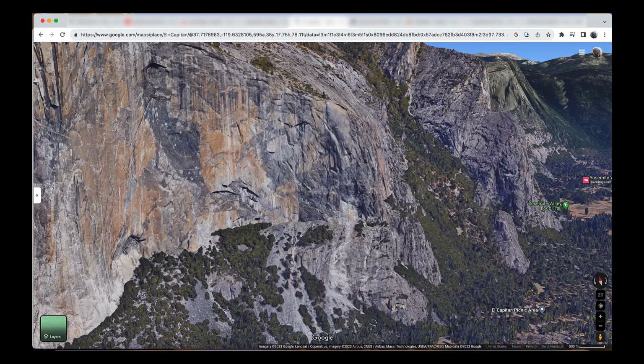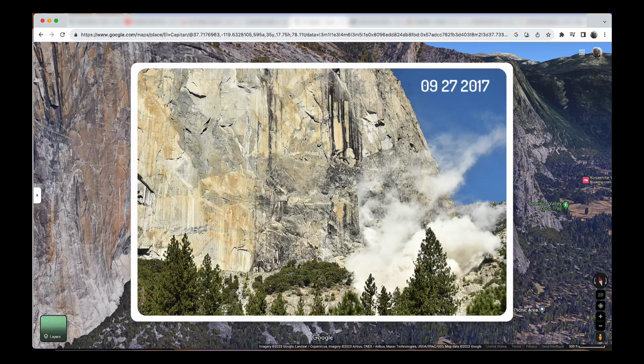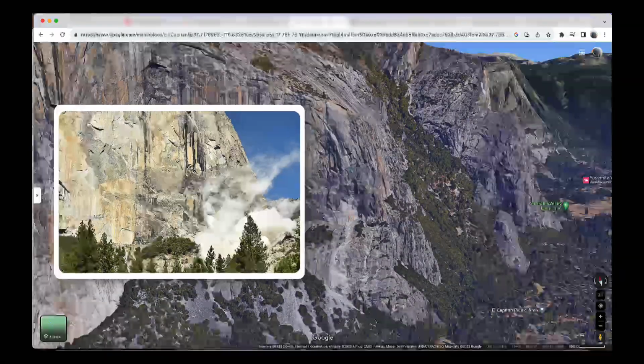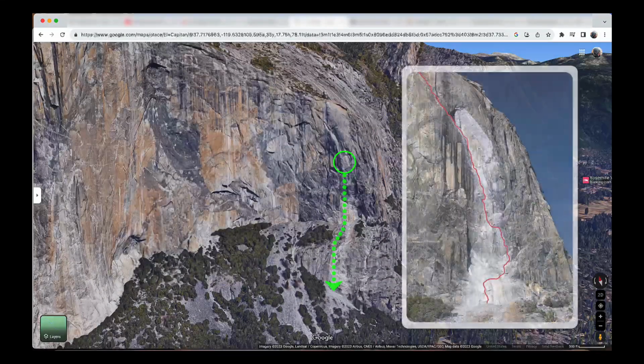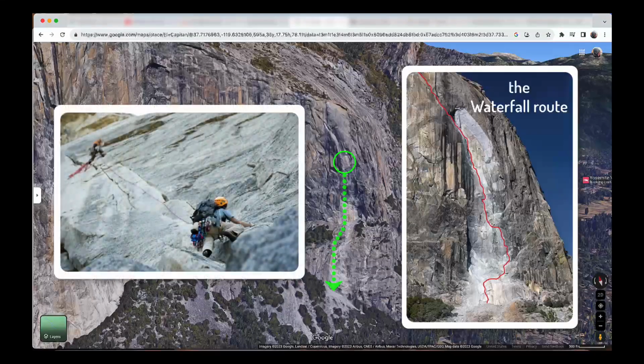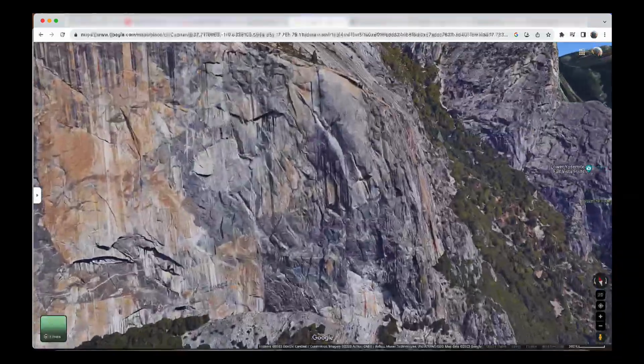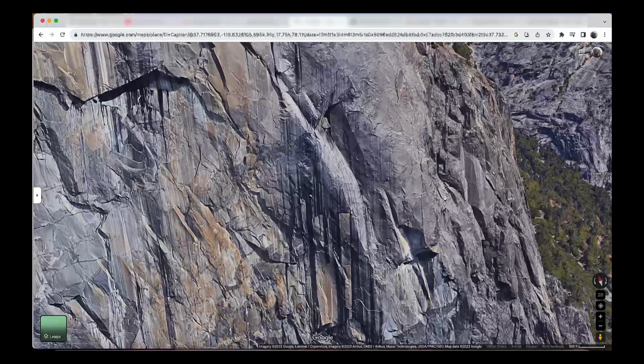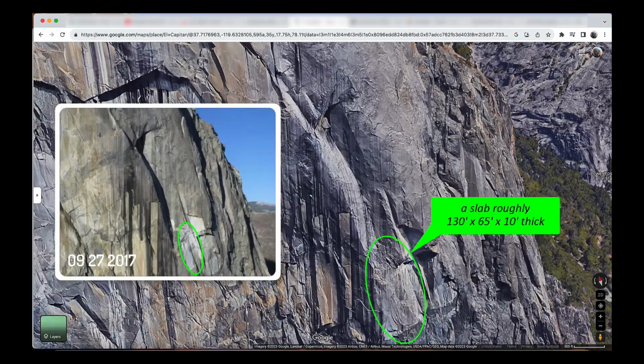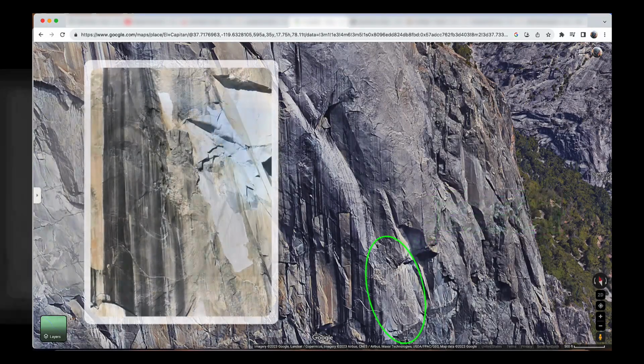For example, a rockfall occurred on September 27, 2017 on the southeast face of El Capitan in the area of the Waterfall Route, which is one of the many climbing routes on El Capitan. 30 climbers were on the wall when, without warning, a huge slab broke loose and generated an 860-ton rockfall, killing